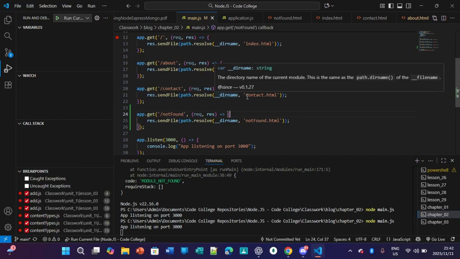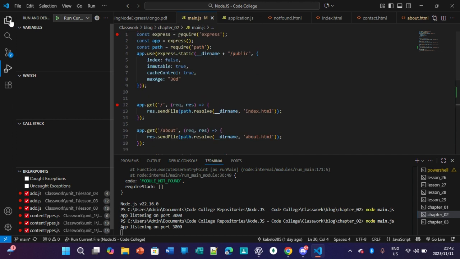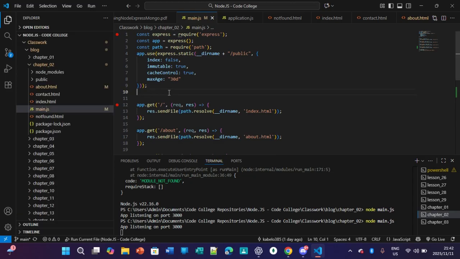That's what's happening there. app.get not found, directory name, not found.html. app.listen 2000, app listening on port 2000. Right, so that's what you're dealing with. app.use index false, so on and so forth.